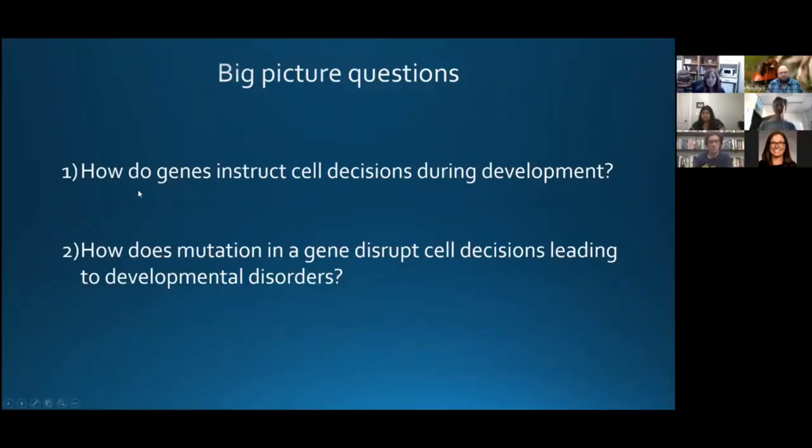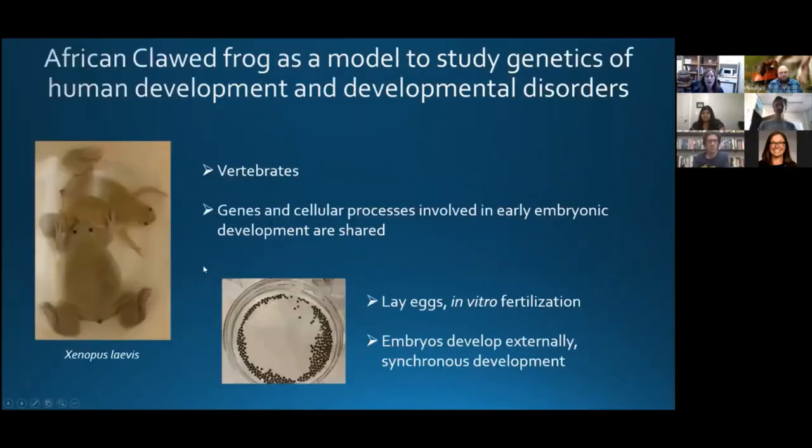So the surrogate system that I have chosen in my lab is the African clawed frog, Xenopus laevis. These are two beautiful Xenopus ladies here. And at first glance, you might look at them and think, well, these frogs don't have a whole lot in common to humans, but that is not the case. So we actually share a good bit in common. So first, frogs are vertebrates, which means that we share a lot of the same tissue and organ systems with each other.